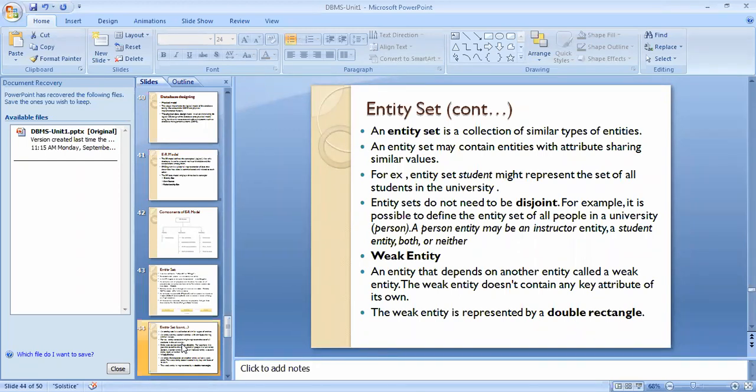Is it a good database design? No, because all the data is overlapping. We are not categorizing the data according to their property. Yes, person is an entity, but it creates overlapping confusion within a database. Because of that, entity sets should be disjoint.